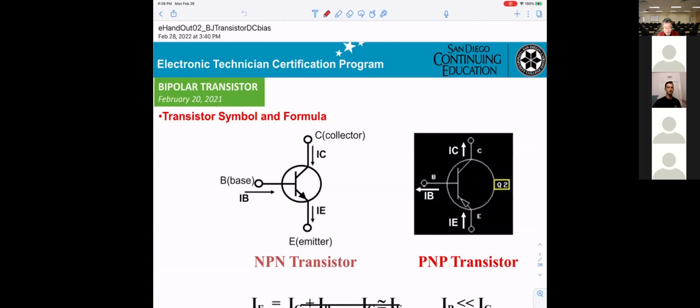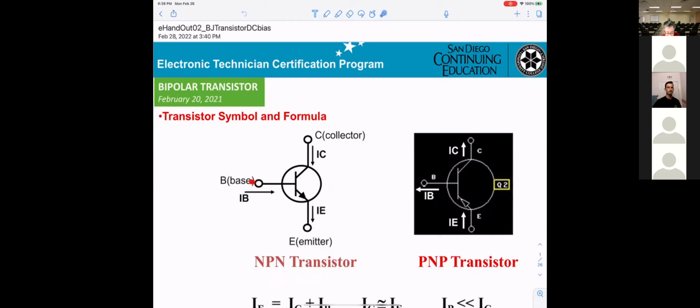Otherwise, we start with the bipolar transistor. The first thing is, you can see you get two symbols for the bipolar transistor. That's what we call an NPN transistor.